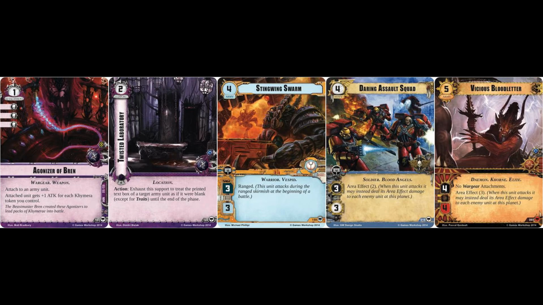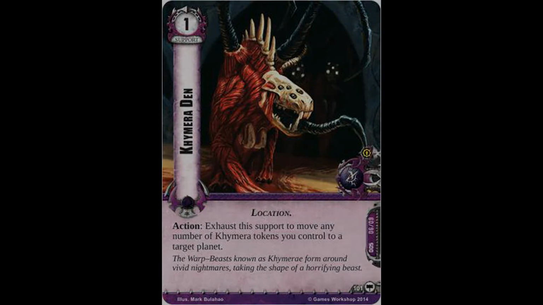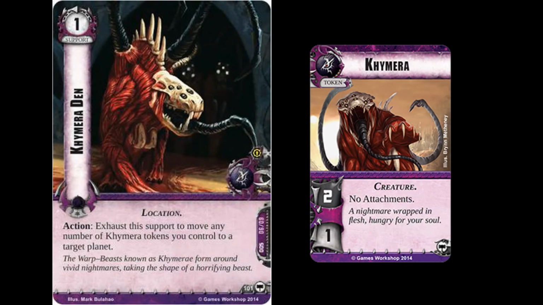And, on the topic of supports, up next we have the 1-cost support, Chimera Den, with the location trait and the text Action. Exhaust this support to move any number of Chimera tokens you control to a target planet. Which, although this is only a single card in your deck, could make an incredible difference as to the outcome